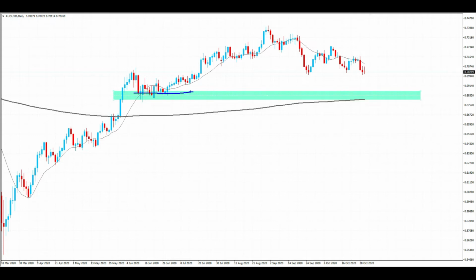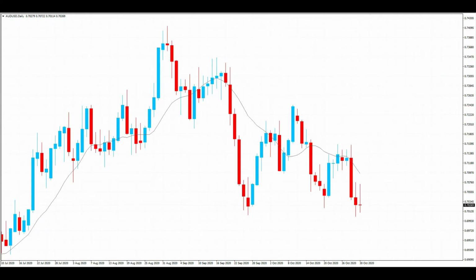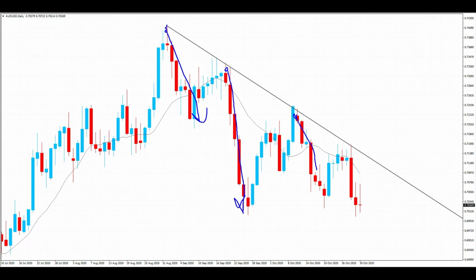As you can see, price found support here and essentially gave us a move to the upside from that same support. So potentially could be seeing price come to test this area if we do go and break through this support running through the market there. We do have a trend line going through the market as well for AUD/USD. As you can see, test there, push the downside, second there, push the downside, third, another test, and a fourth there, another test. So potentially could be seeing price making one last push to the upside, go test that trend line again,